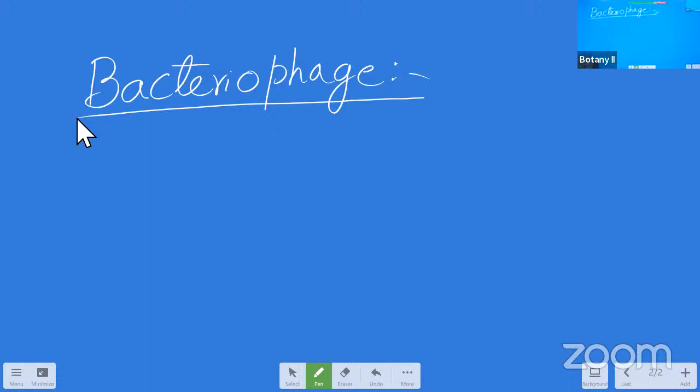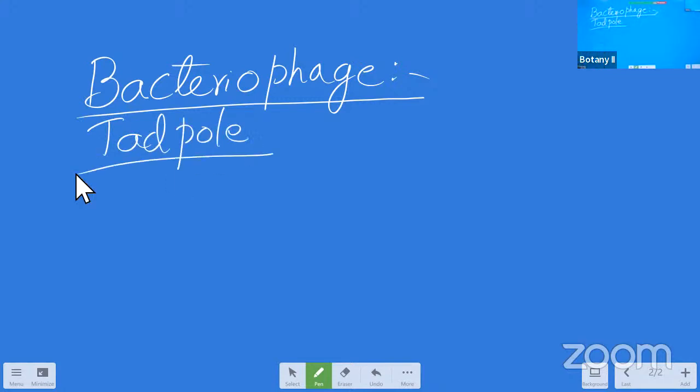So what is meant by bacteriophage? Bacteriophage is a viral organism which infects bacteria. That is called the bacteriophage. It has a tadpole shape. Okay. Now comes the